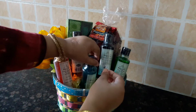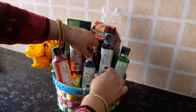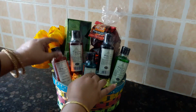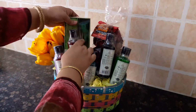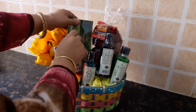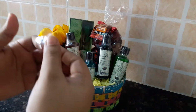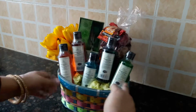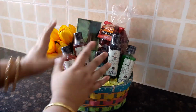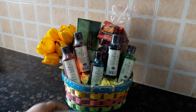Pre-cutting the tape is saving me so much time here. And now these things are going to stay where they are. Make sure every one of these bottles is facing forward towards you. You can push and set up the things as you go. So the last one here, I'm going to stick it like that. So now this thing almost has a definitive design to it, and now we are going to go ahead